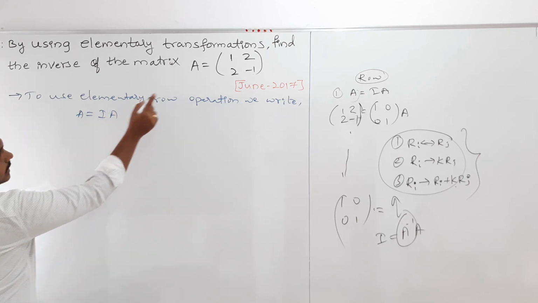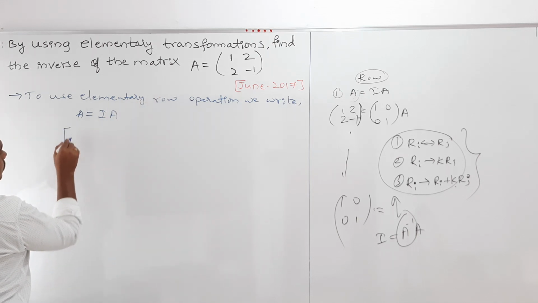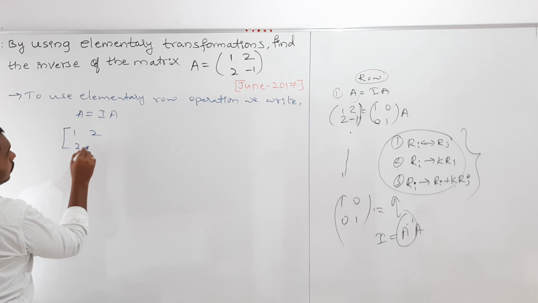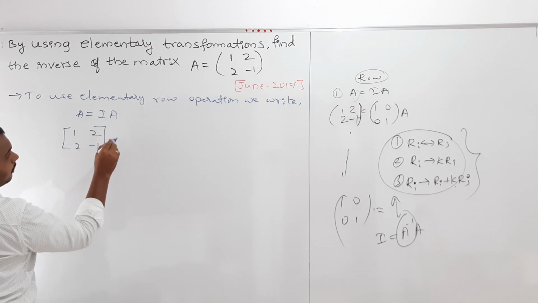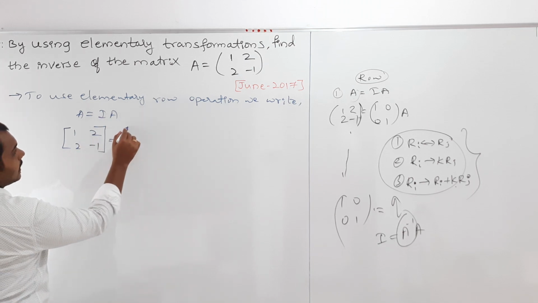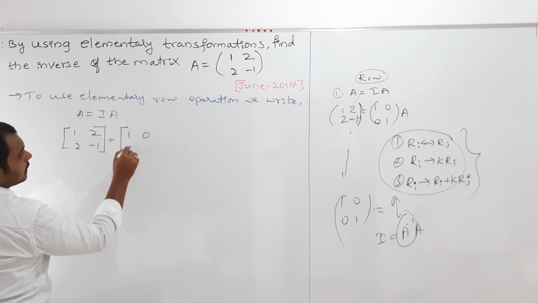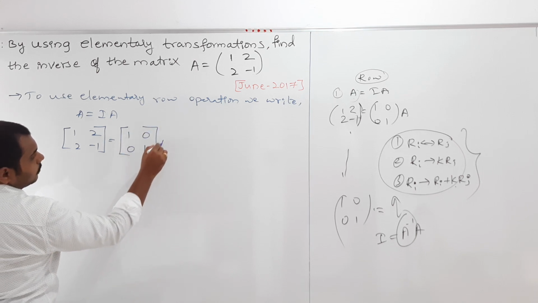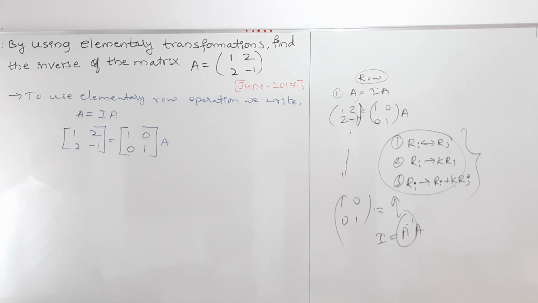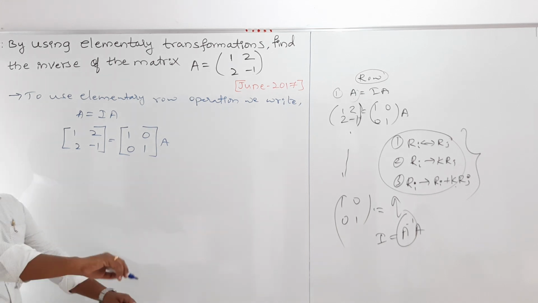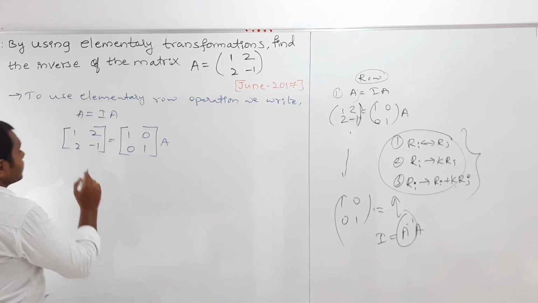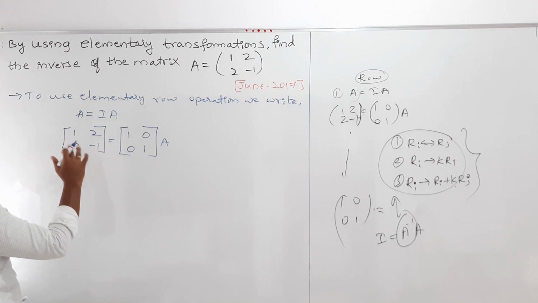Now I'll substitute the A matrix value. So that is [1, 2; 2, -1] equals, what is A here? A is nothing but the identity matrix [1, 0; 0, 1], and this A is as it is. Clear? And my dear students, what I told in the previous videos, I should convert this matrix to the identity